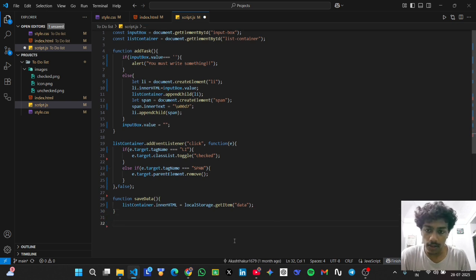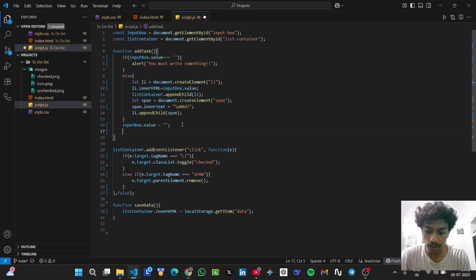So with this code, we have created a function named save data where we will save the data to prevent the data loss. That is, whenever we create the task and then refresh the page, it automatically removes these tasks. So we will use this, and we will also call save data in this function,